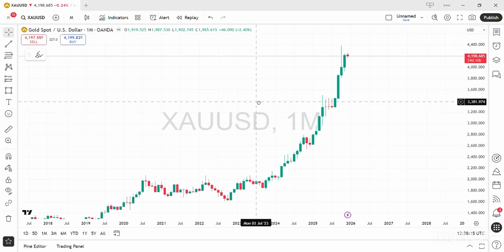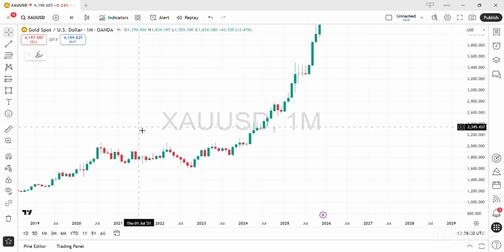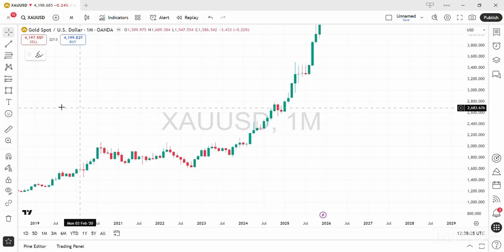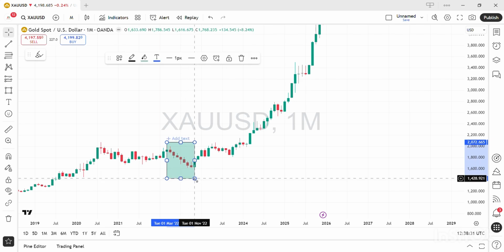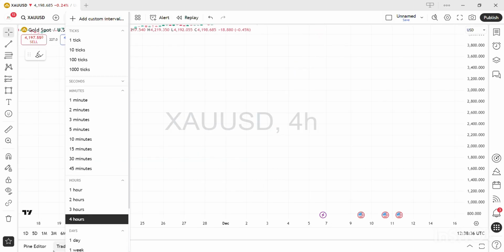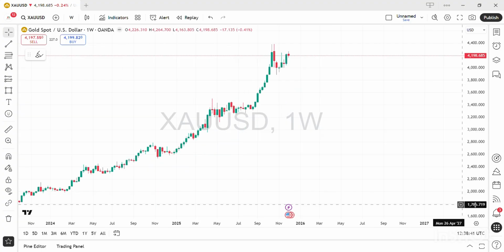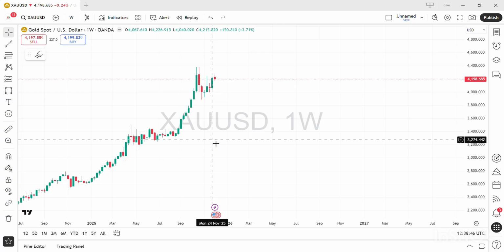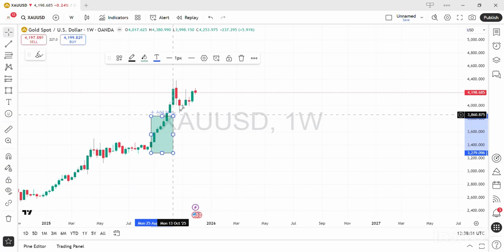This is not only valid for bullish moves, it is also valid for bearish moves. Why bearish? We have three red candles plus the fourth candle, and again we have three red candles plus the fourth candle. This setup has an accuracy of more than 80%. So according to the monthly chart, gold has just completed its structure, and as you can see, we have seen the structure here as well: three candles plus other candles, and here you can find three candles and the fourth candle.